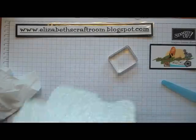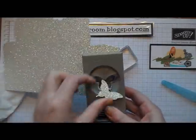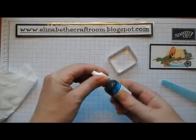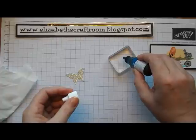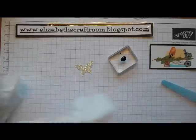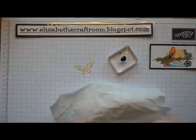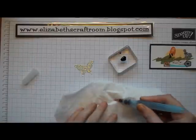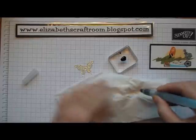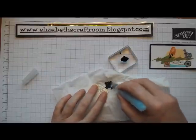Okay, we're going to do today a little butterfly. So I'm just going to punch that out. And we're going to colour that using Pacific Point. Now, as the ink dries, it does actually fade. So you want to go with one of the darker colours. And I'm using an aqua painter, but what I want is I want this to be damp, but I don't want it to be soaking wet. So I'm squeezing some water through and then dabbing it off a little bit, because I don't want it to be really wet. And then I'm going to just paint